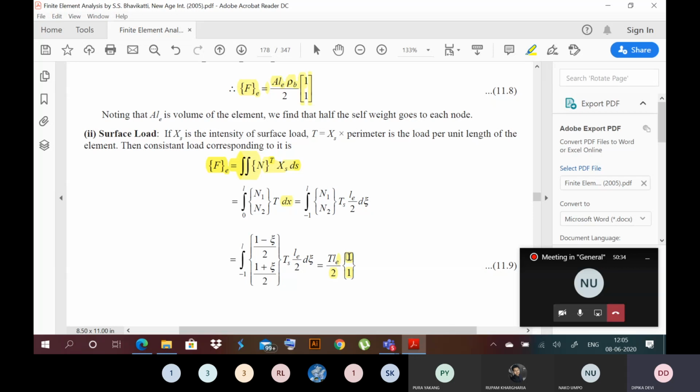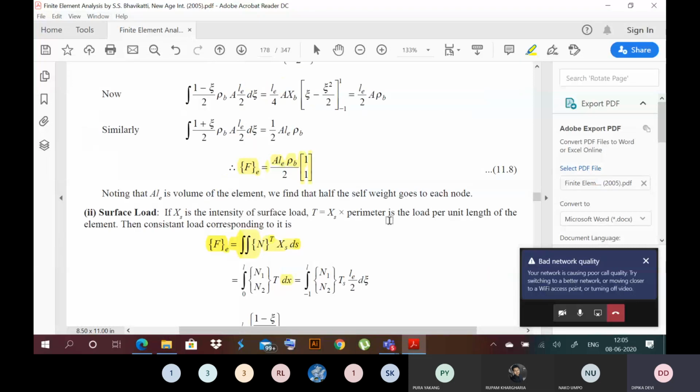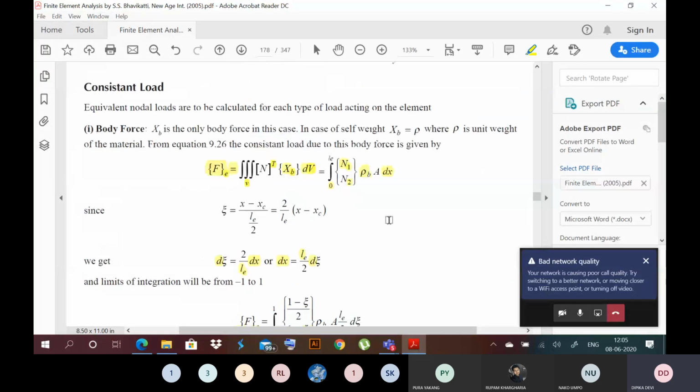Again there will be contribution from body force at node 1, contribution of surface traction at node 1, contribution of body force at node 2, contribution of surface traction at node 2. So that way there will be overlap. At node 1 there will be only contribution from element 1. That can be shown from this figure here. If you see this figure.